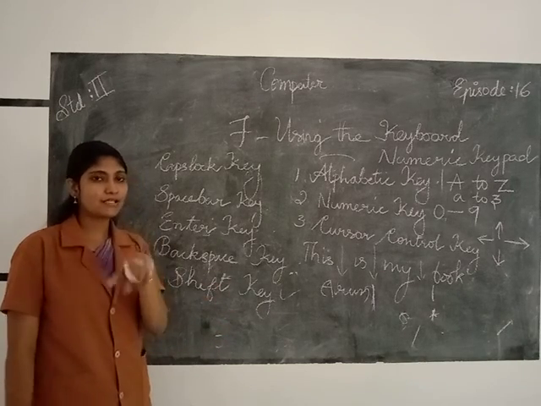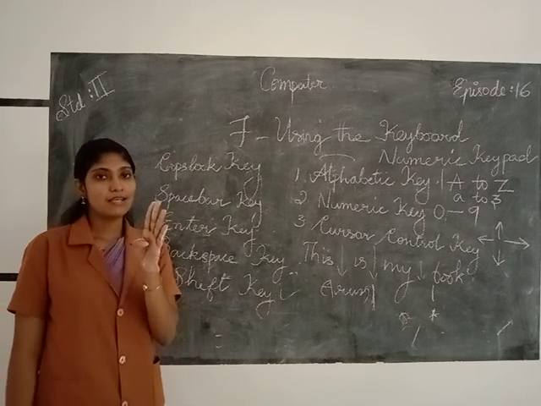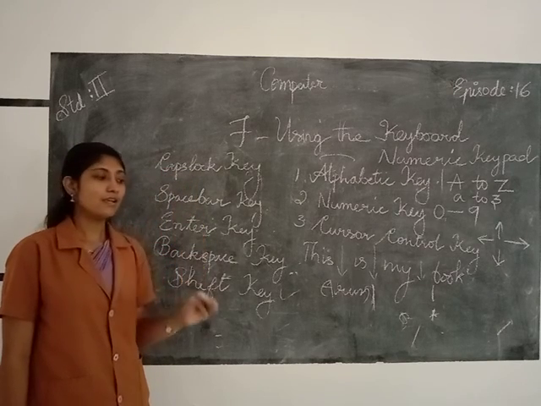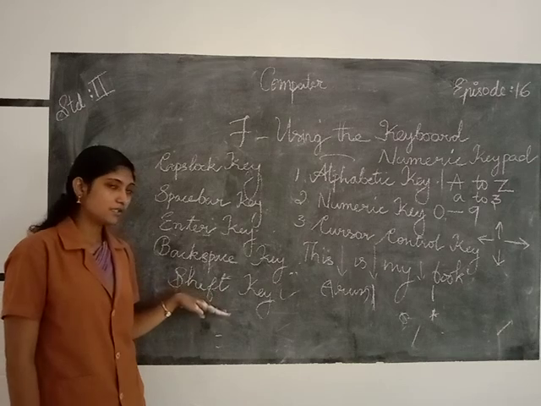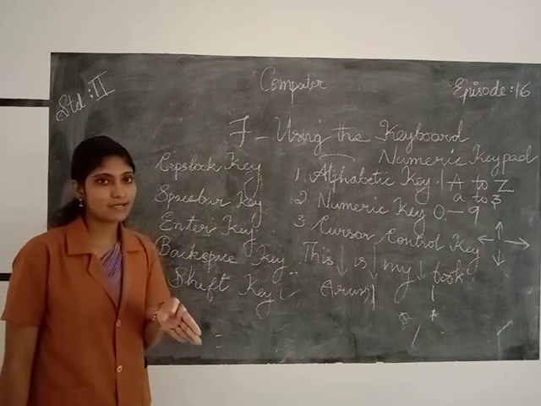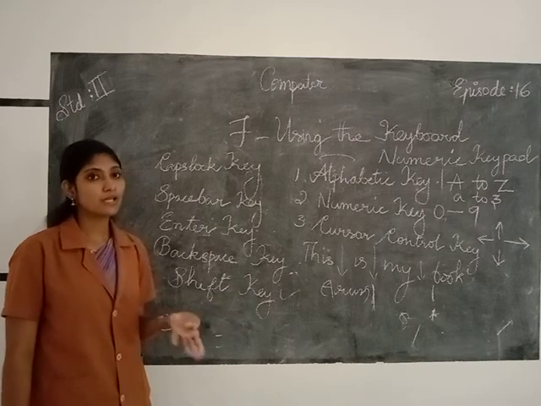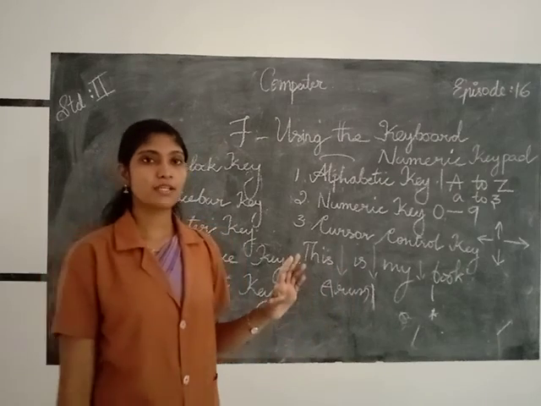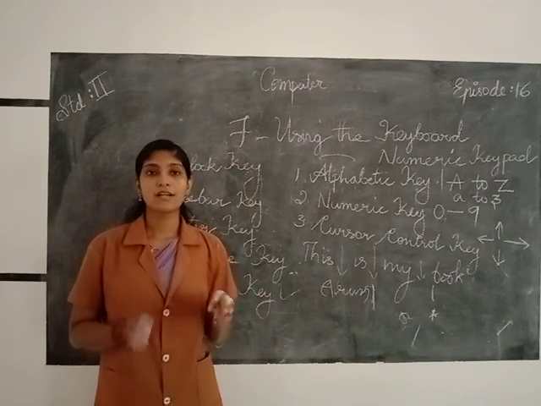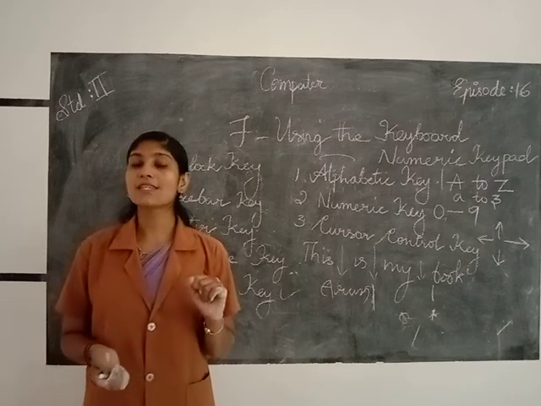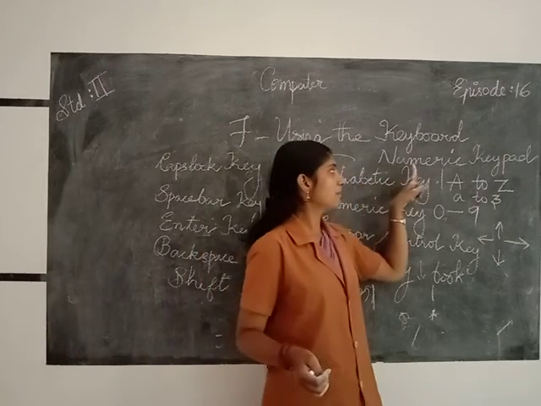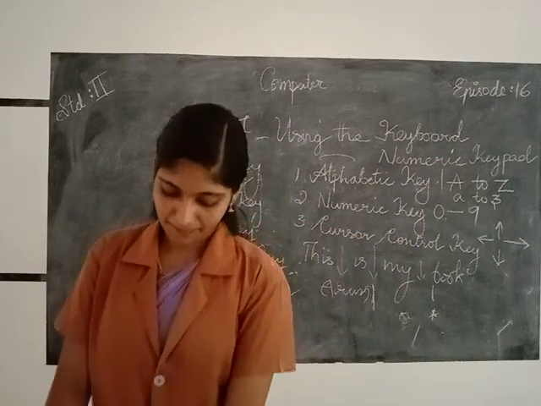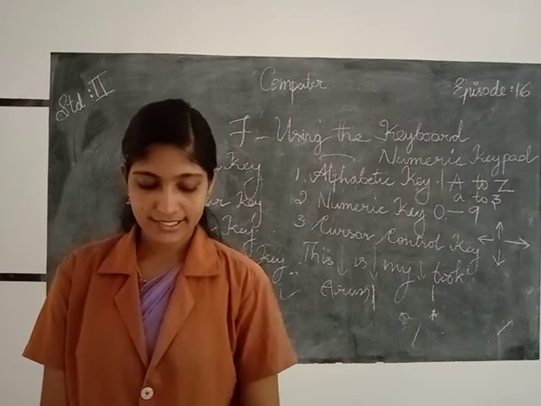Another thing you can see is a sign present at the top or upper half of the key. So when you press shift 1, you see an exclamatory mark. Shift plus 8, you get a star symbol, etc. The numeric keypad is on the right side of the keyboard, a rectangular shaped board that consists of many numbers. How is it spelled? N-U-M-E-R-I-C, K-E-Y-P-A-D. So these are all about this chapter. Let's move to the worksheet.